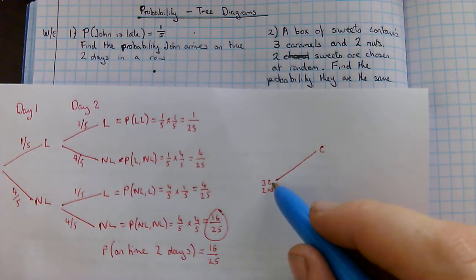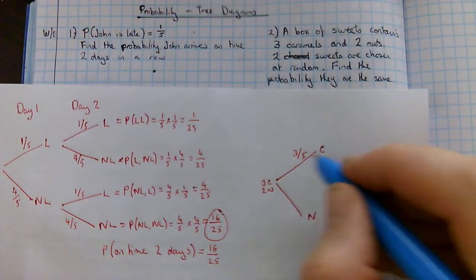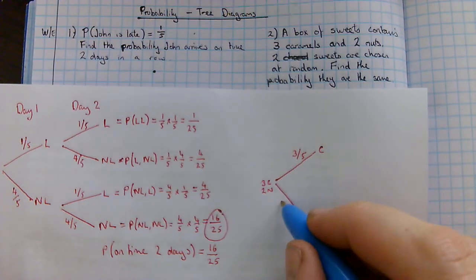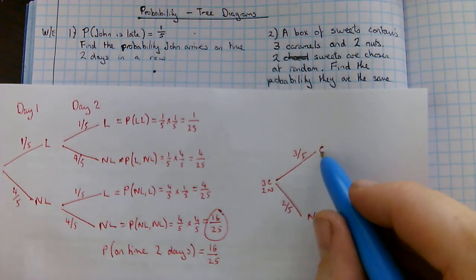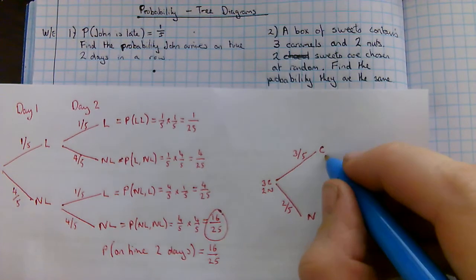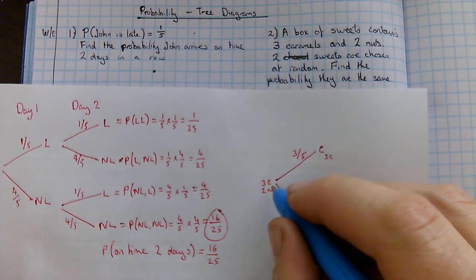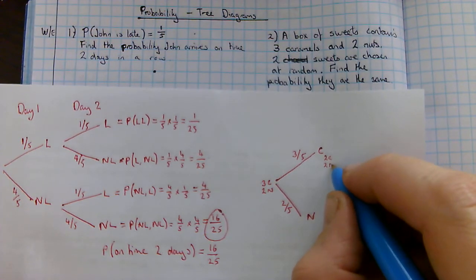There's 3 caramels out of 5 in total, so it's 3 out of 5. There's 2 nuts out of 5 in total, so it's 2 out of 5. Now, if I take a caramel, then my number of caramels gets reduced by 1, so I'm only left now with 2 caramels. I haven't changed the number of nut sweets in there, I didn't take a nut, so it's